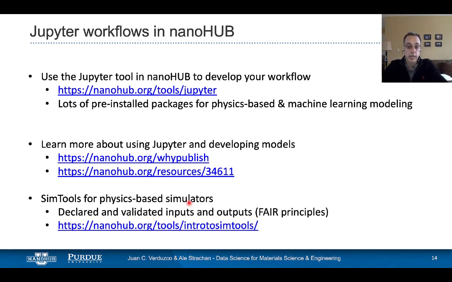If you're interested in developing a tool like that, if you go to nanohub.org/tools/intro to SimTools, you'll have a lot of information about how to develop and deploy one of these tools.